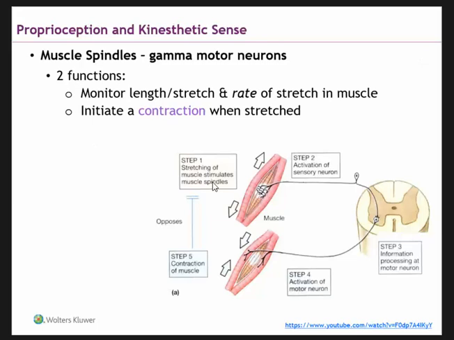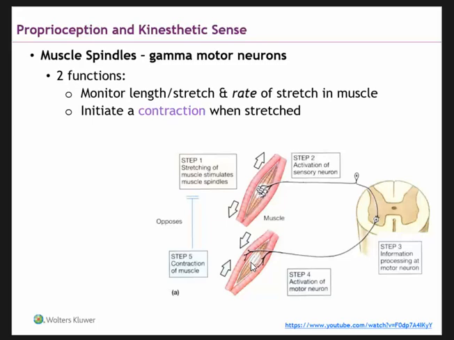So if we follow the steps, the stretching of a muscle spindle is stimulated. First, I forgot to mention muscle spindles are intrafusal fibers. Intrafusal meaning they're embedded inside the muscle, and they consist of different types of fibers. There's one dynamic nuclear bag fiber, one static nuclear bag fiber, and 5 nuclear chain fibers, all composed of